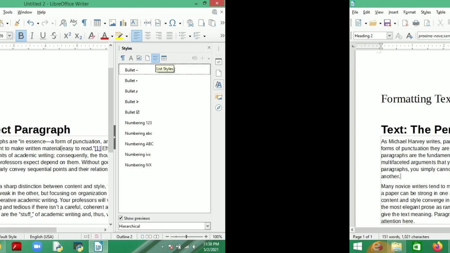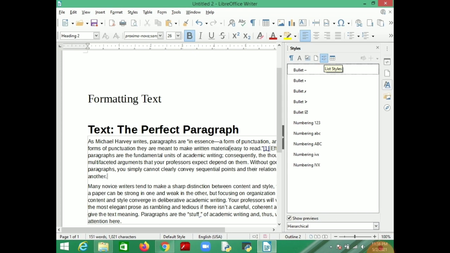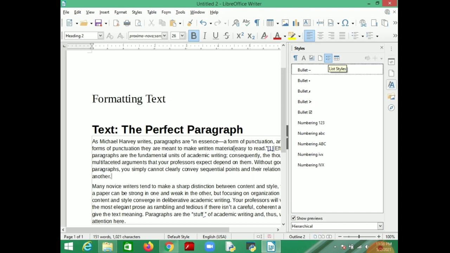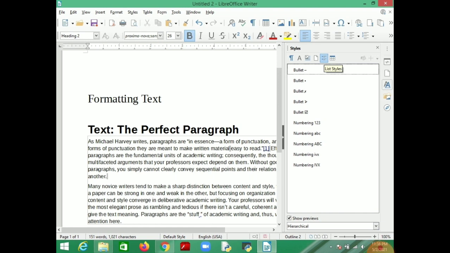These are the list styles, how you want to number your points, point wise, bullet, arrow, numbers, whatever. If you are making a list, the list style is how you want to list. Suppose you want to write 5 names, 1 2 3 4 5, so you can apply number, you can apply dot for 5 names.